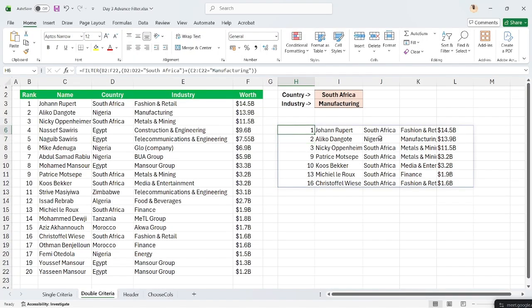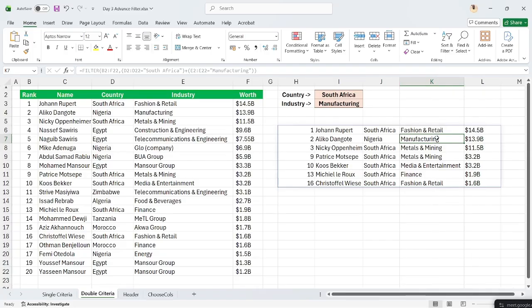So now you realize that it is bringing Aliko Dangote because Aliko is into manufacturing, even though he's not in South Africa. Aliko is into manufacturing. Okay, so that is the reason why Aliko is here. All right. Now the next thing is